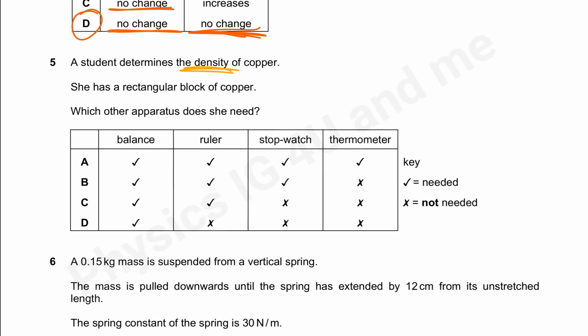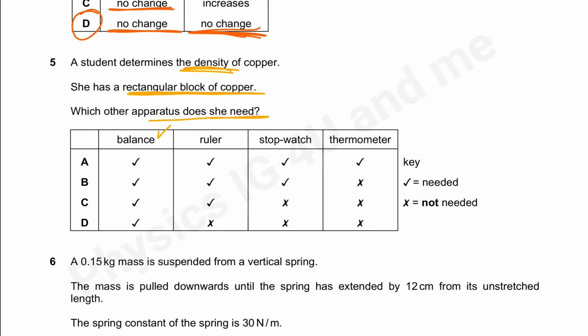She has a rectangular block of copper. Which other apparatus does she need? Remember, we need the density. They say balance. Of course, here they say rectangular block of copper. Okay. Balance. Of course, I need a balance because I need to measure the